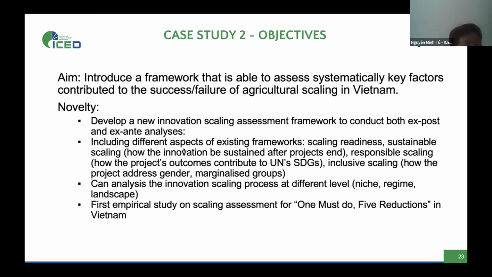And the objective of his paper is to introduce a framework that is able to systematically assess key factors contributing to the success or the failure of agricultural scaling in Vietnam. And we have discussed together and we see some novelty of the framework, like we can develop a new innovation scaling assessment framework to conduct both ex-ante and ex-post analysis. That means we assess both the